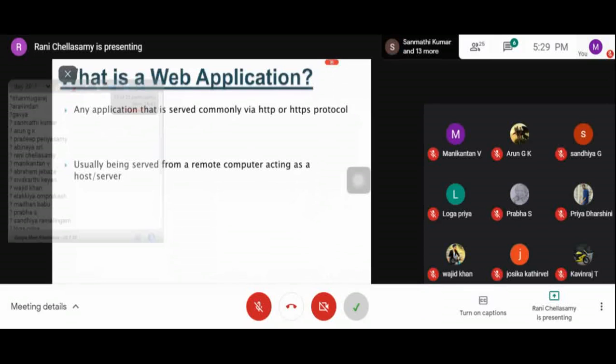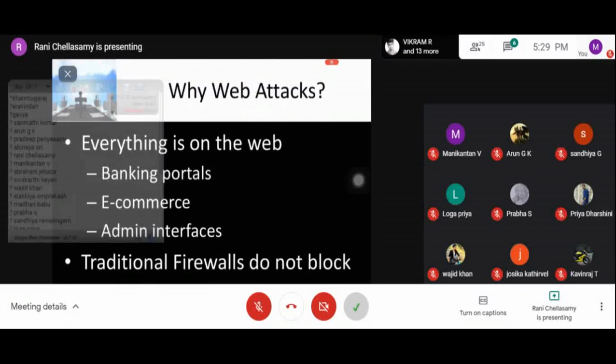Why are web attacks going on? Everything is on the web, on the internet. We can have banking portals, e-commerce, that is online shopping, and admin interfaces, all accessed or given online. Traditional firewalls do not block all these web attacks.